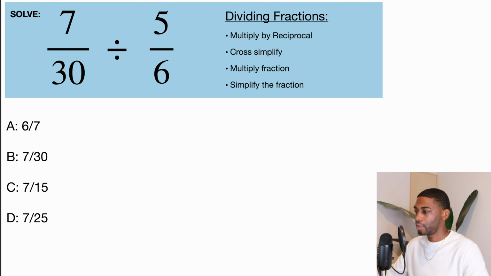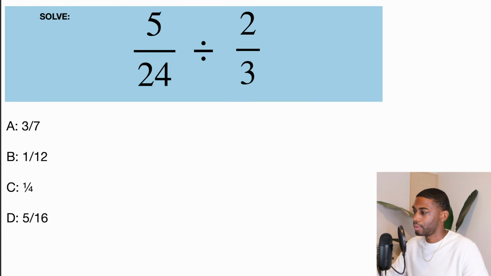All right, let's go ahead and jump into this next question, because so far so good. Let's take the training wheels off and see if we can do it without the steps written on the screen. All right, let's see if we're learning anything. So 5/24. What are we gonna do? We're gonna keep the first fraction the same. Step 1 is we keep the first fraction the same. Divided by